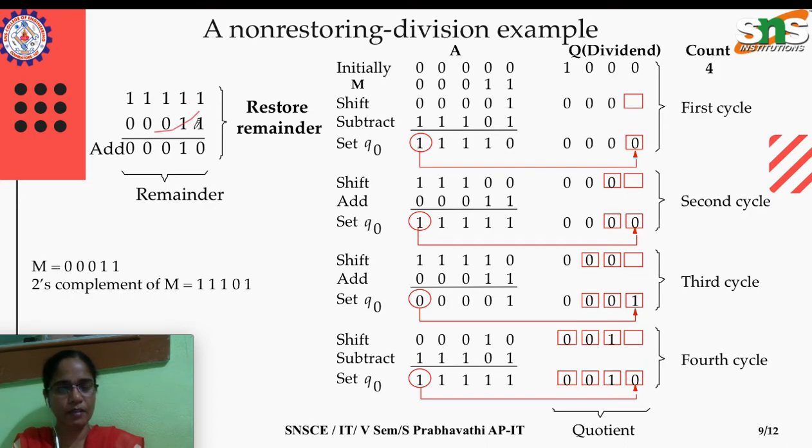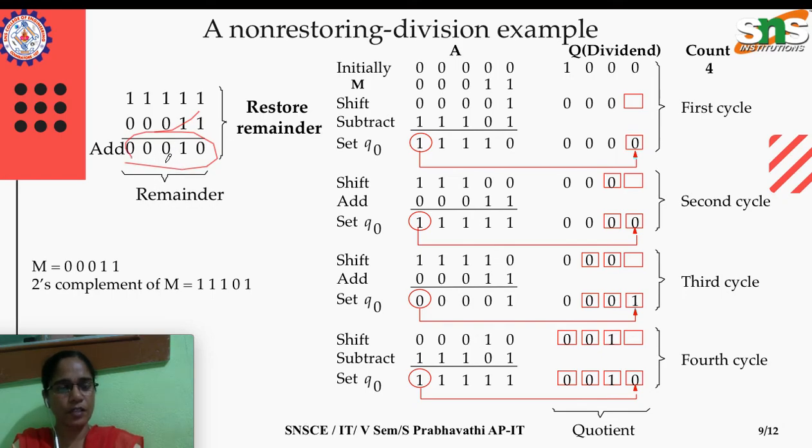So you add this divisor: 1 plus 1 is 0, carry 1; then 3 ones is nothing but 1 1, so 1 here, carry 1; 1 plus 1 is 0, carry 1; 1 plus 1 is 1 0, sum is 0, carry 1; 1 plus 1 is sum 0, carry 1, which you omit. And this is the remainder. So the remainder at the last stage,